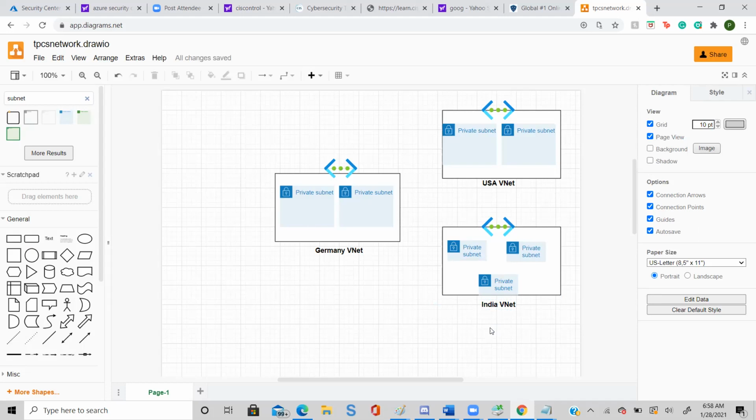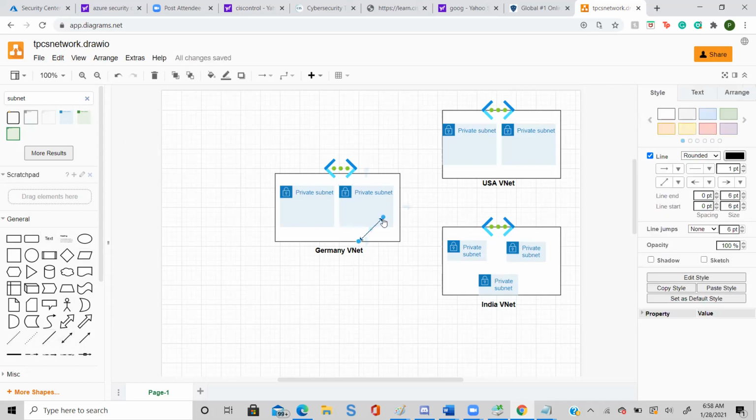For this, Azure has something which lets you connect one VNet in Azure with another VNet, and that is called VNet peering.